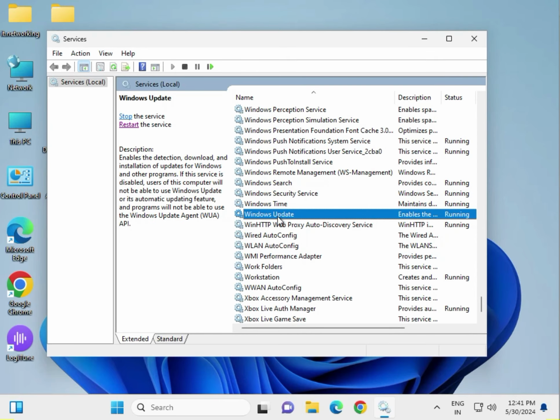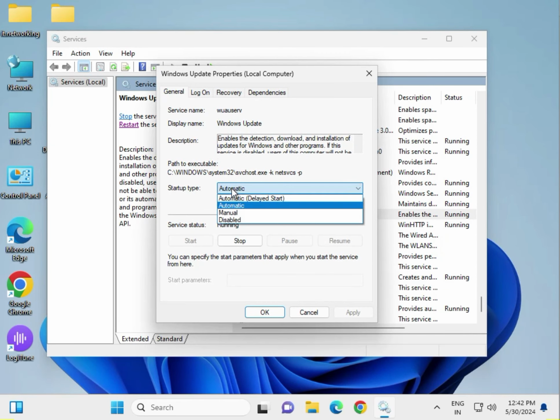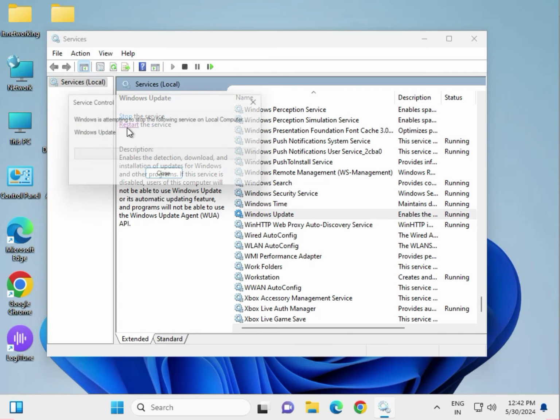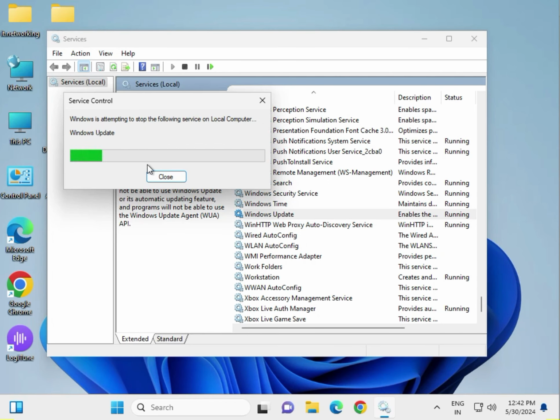This is Windows Update. Double click to open, and if it is disabled or manual, please select Automatic. Then apply, and if it is not started, click Start, then OK, and then again select the Windows Update and click Restart,